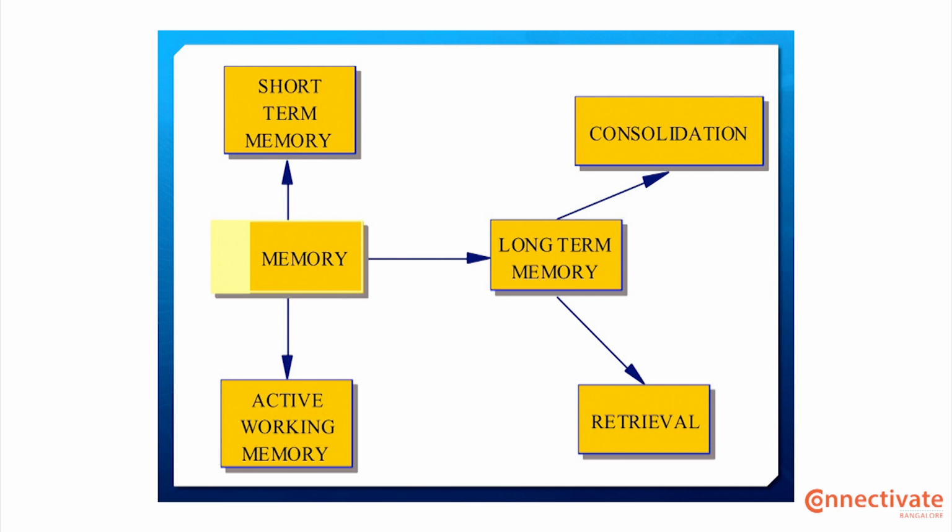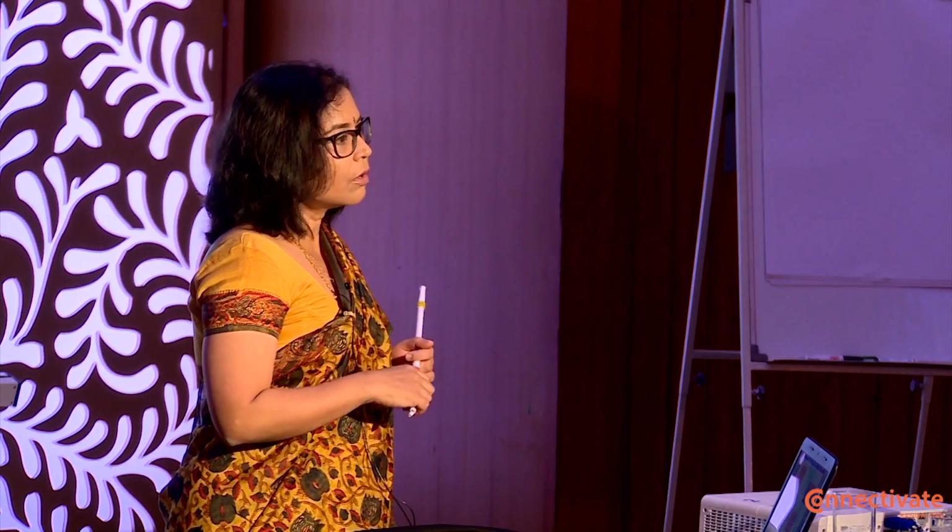Active working memory is what you hold in the mind, you manipulate that, you use it to work out subsequent steps. So that's more active working memory. Okay, and long-term memory is if the information is processed repeatedly, is learnt, revised, reviewed, if it is done at regular intervals, then it goes into the long-term memory, and then gets consolidated, and then it becomes easier for retrieval